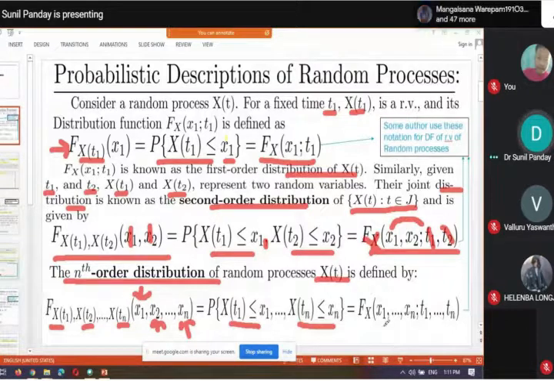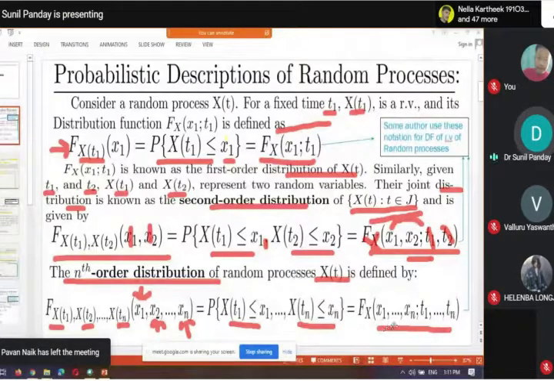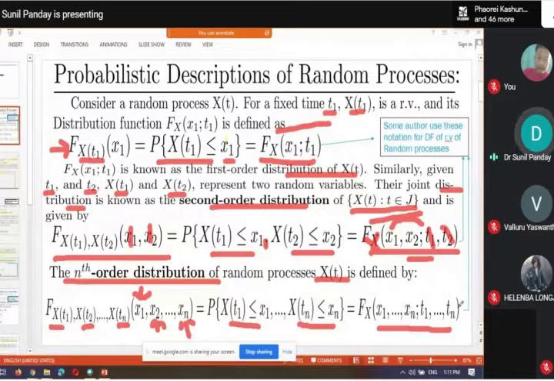And in some notebooks you will find this notation. So try to remember this notation also, because I will use that book. Okay. So f_X(x1, x2, ..., xn; t1, ..., tn) means the random process is X, and for time instant t1 one random variable is X(t1), taking the value x1. Similarly, tn is another time instant, and X(tn) is a random variable taking value xn.